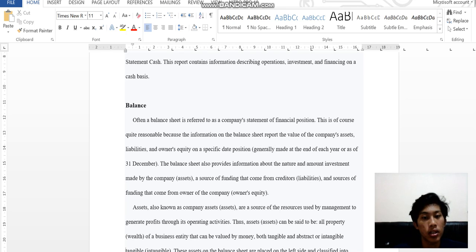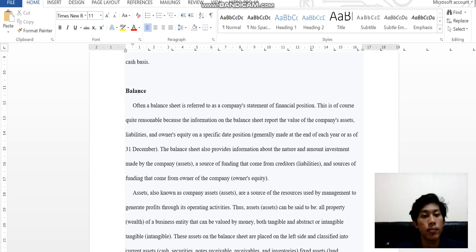The balance sheet also provides information about the nature and amount of investment made by the company, assets, a source of funding that comes from creditors, liabilities, and a source of funding that comes from the owner of the company,